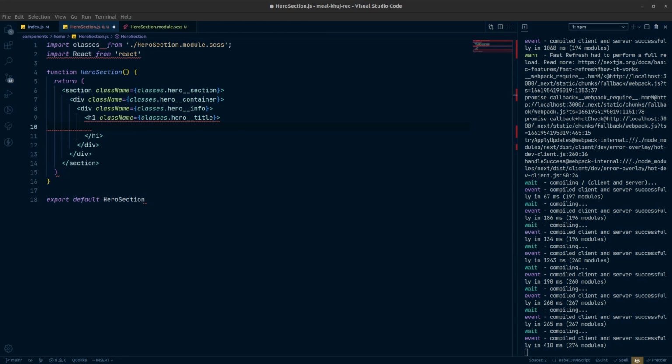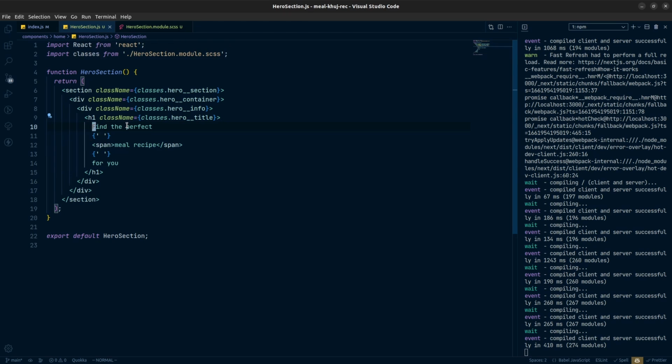So let me actually copy it. So the title text will be this one, and inside that we'll have this span, and I will show you what it will do. Basically we will have a separate color for these two words, so that's why I just wrapped these two words with a span. And after that we have our h1, and after the closing h1 we will have our